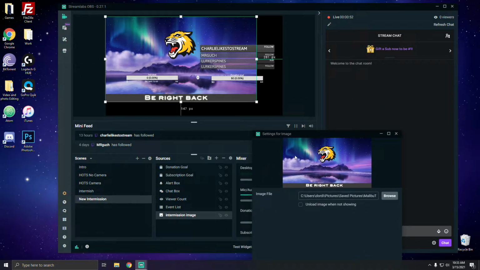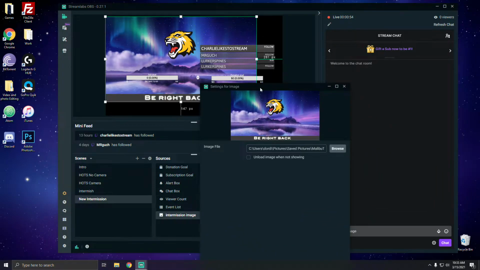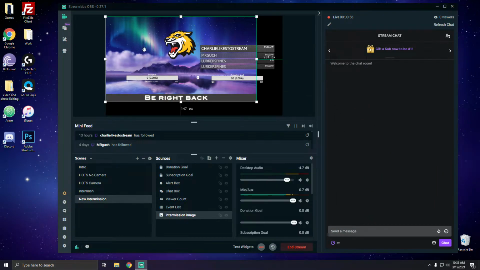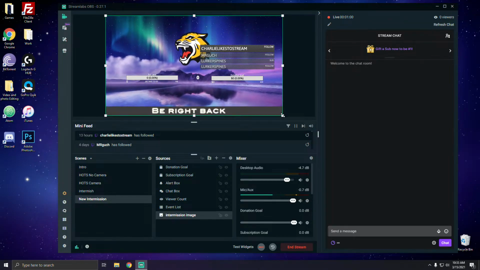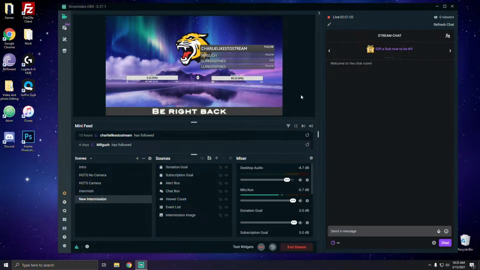And as you can see, it doesn't fit to the screen perfectly, but we can fix that just by dragging it out onto the correct format. And now as you can see, we're going to have to move some stuff around, so I'll probably put that there, or maybe up here actually looks better, and then I'll put this down here, and I'll